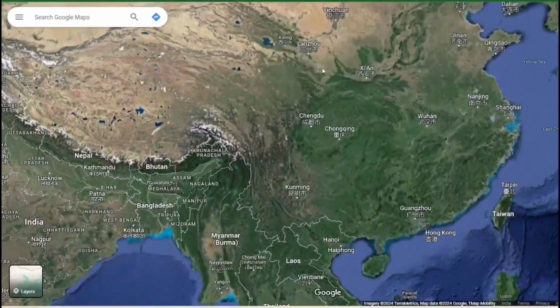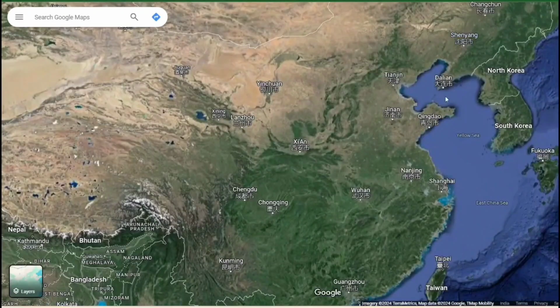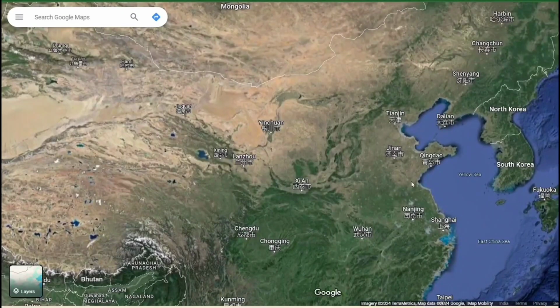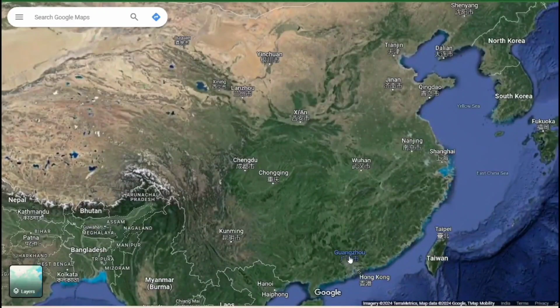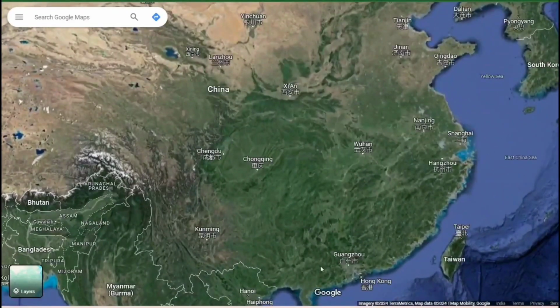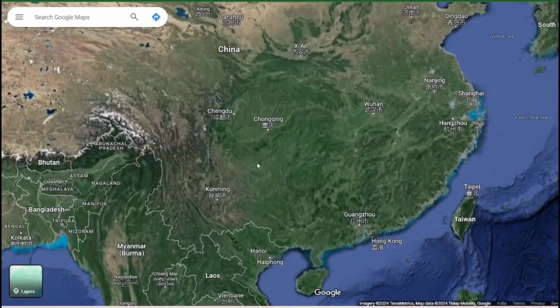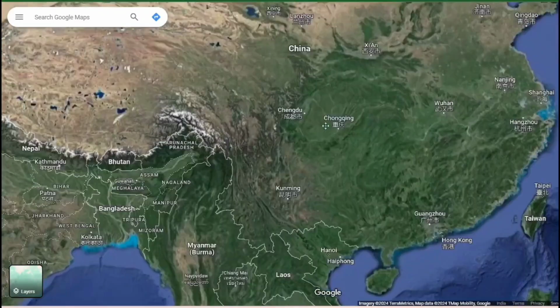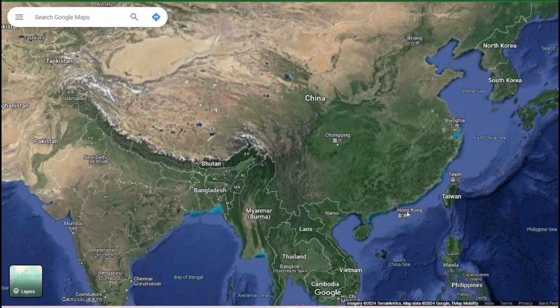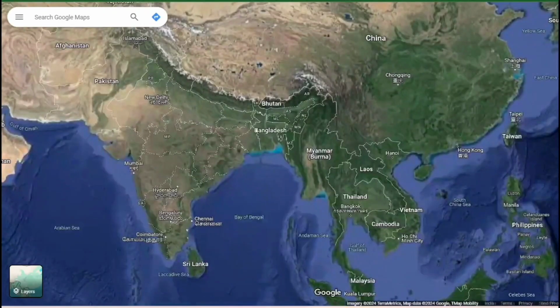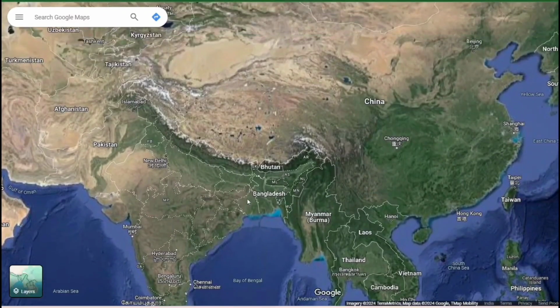While the population lives in these localities, here on the coast, this prosperous coast, where you have very big cities used for trade purposes. Shanghai is there, Wuhan is there, and Hangzhou, Guangzhou. These are the major cities. Even Hong Kong, which is not the territory of China, was also there. So this part is more arable compared to this, which is equivalent to the area of India only, if we look.